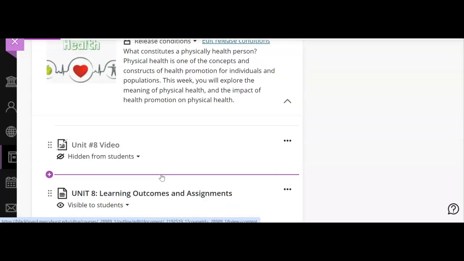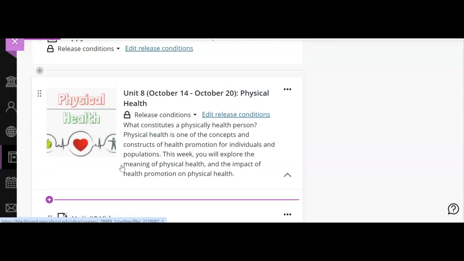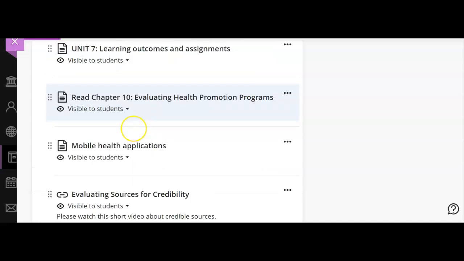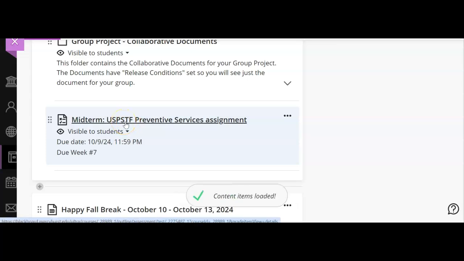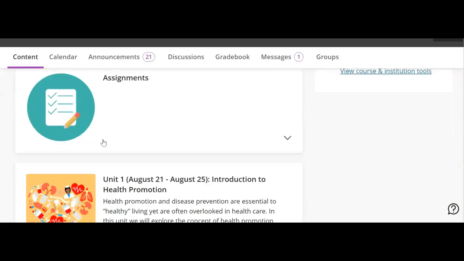So we are leaving learning unit number 8. When you click on 8, you're going to see the same thing that you saw in learning unit number 7, the link to your midterm preventive services assignment. Now I'm going to show you your view, and this should be the same.